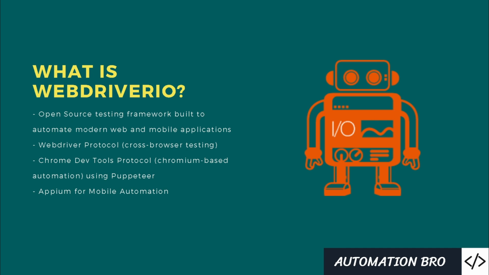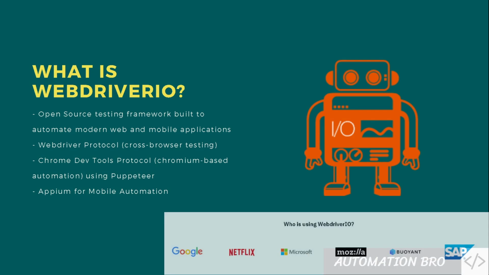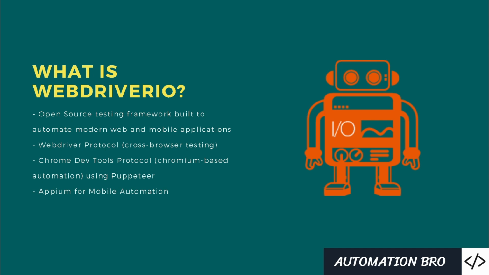So a lot of people think that WebDriver IO is just a JavaScript version of the Selenium WebDriver. But that's not true. WebDriver IO is not just a binding for the WebDriver protocol, like Selenium is. It is a full test framework with numerous additional features and utilities. So WebDriver IO takes the protocol commands and creates smart user commands that make using that protocol for test automation much easier. It also enhances the WebDriver package with its own additional commands. And because of all of these additional functionalities, WebDriver IO is becoming one of the most popular test automation frameworks in the industry. Let's talk about what are some of the advantages of using WebDriver IO.